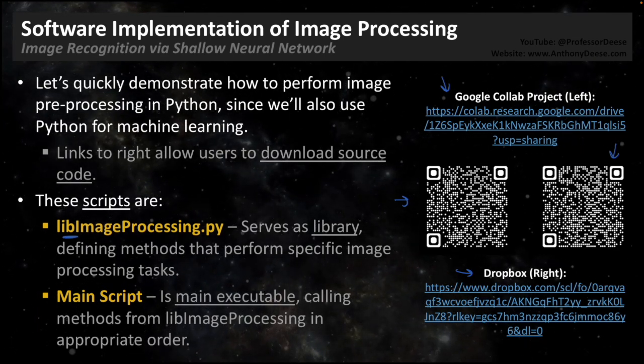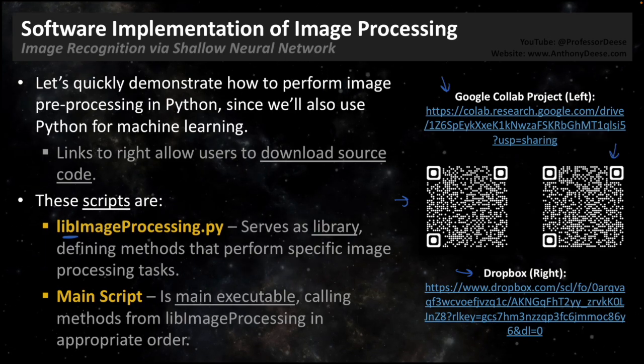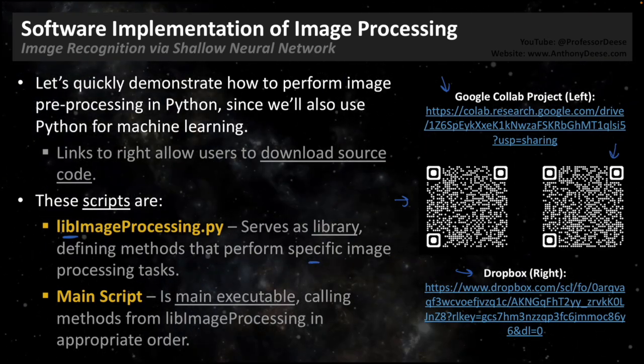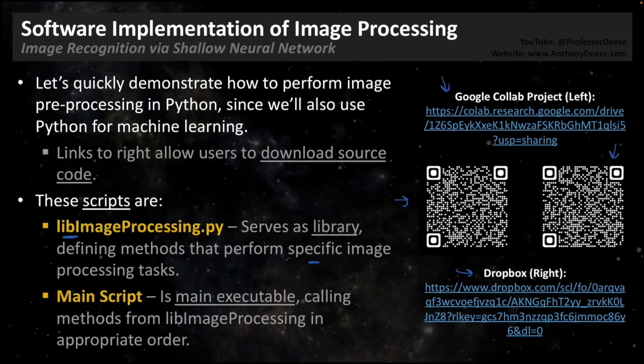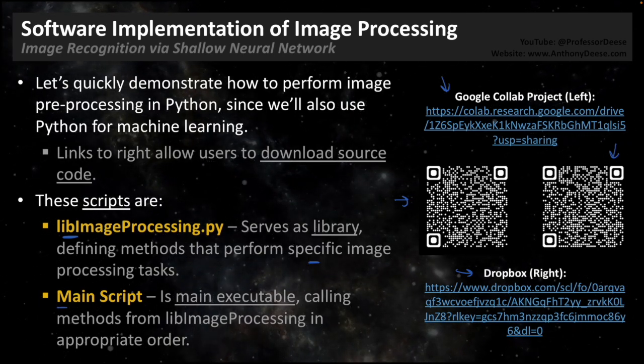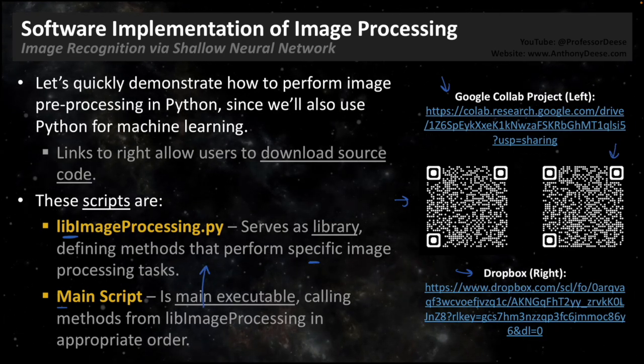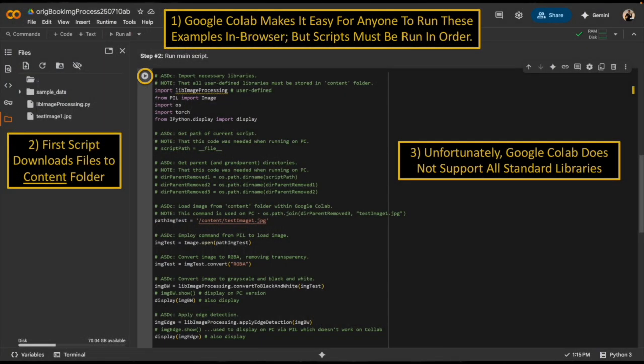One is the library, image processing, and it defines the methods that perform the specific image processing tasks, such as edge detection or convert to black and white. And then you also have the main script, and that's the main executable that calls methods from the library up above. Now here you can see an example of what the Google Colab project will look like when you